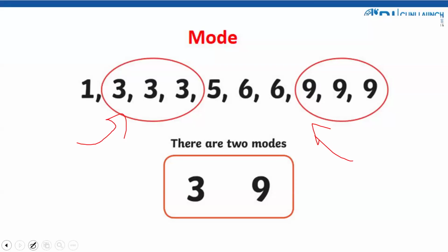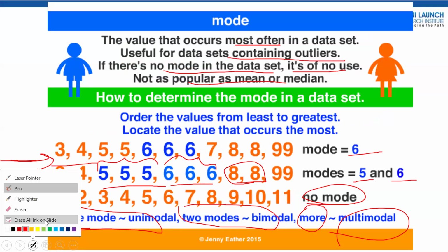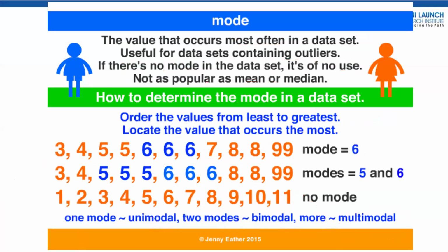Statistically, there are many researchers and scientists who have done mean, median, mode, and they have done a lot of statistical tests. What they found is that if any data has no mode, they say it is of no use because it is giving a lot of errors in the results. So if you don't have things in common, like for example,